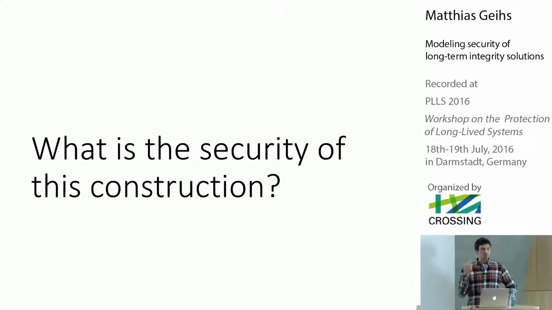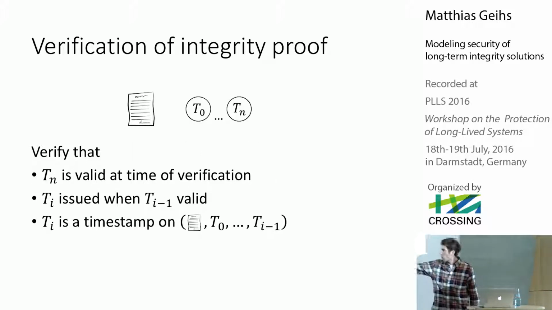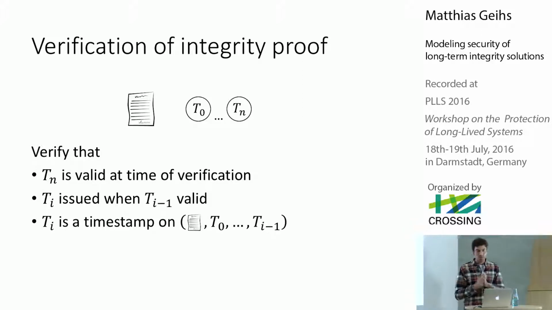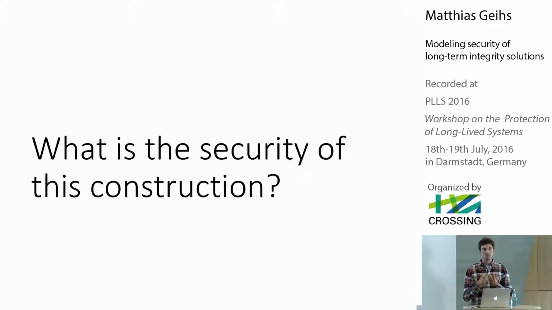So what we want to mainly address in this talk and in the paper that comes with this talk is: what is the security of this construction? It seems intuitively right to do this, but also there have been other solutions proposed. For example, it was proposed to do it without the document, and then people saw, okay, we might have problems doing it this way when the hash function, which is usually used in this process, becomes insecure. So we really want to have a security proof for such a construction and estimate the security in the context